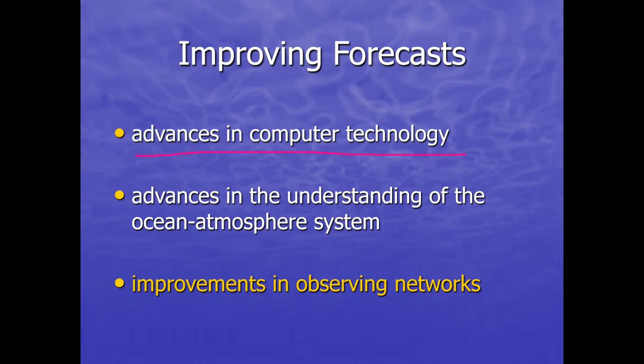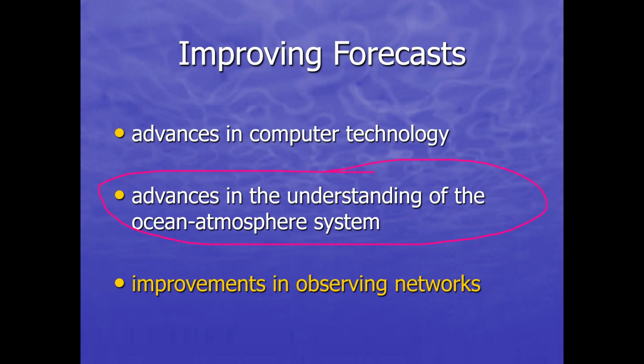As you're well aware, computer chips and processing are getting smaller and smaller, and so the number of calculations per second we can do is becoming greater and greater, and no doubt that increases in computer technology are going to be a big component of improving forecasts in the next 20 to 30 years. We're also continuing to do research, so we advance our understanding of the ocean atmosphere system, and in doing so,